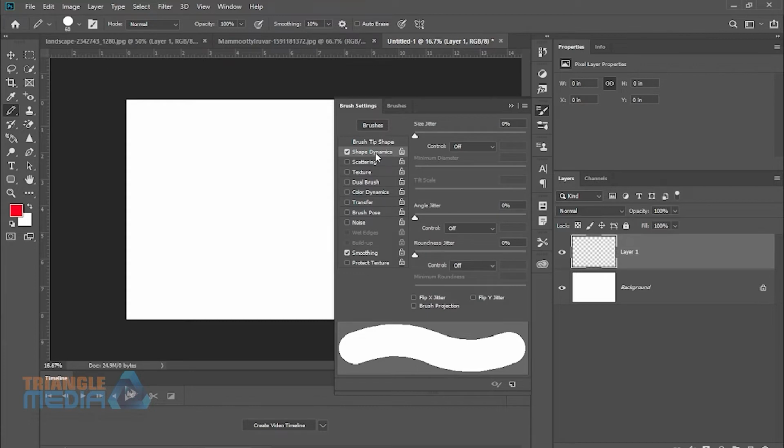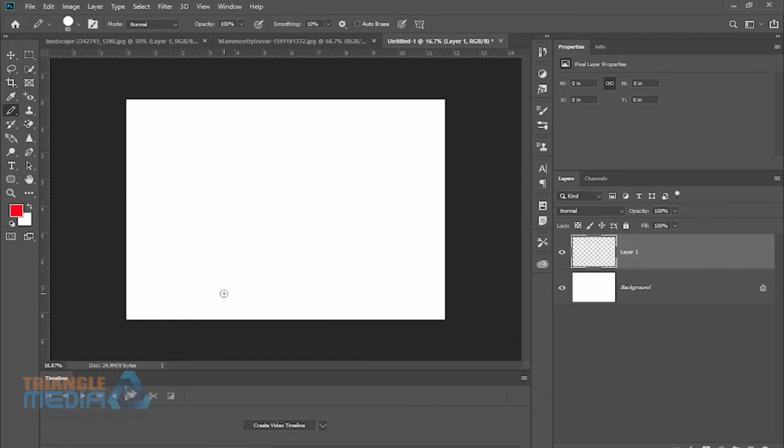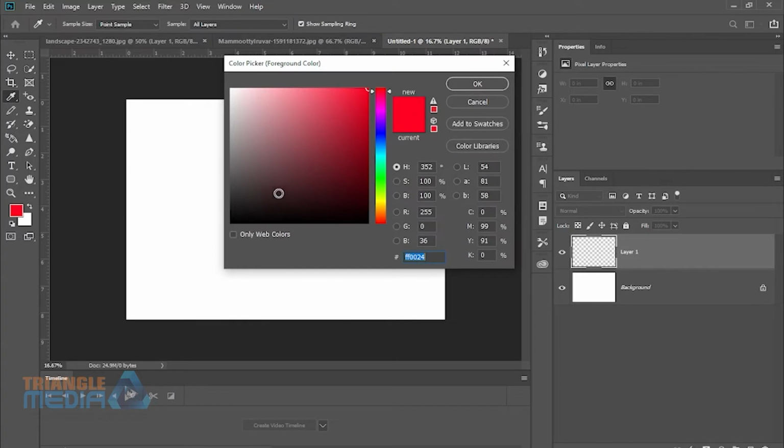If you click on Shape Dynamics, what will happen? There is a control option. There are 3 more controls, but we will select only the first control. The first control to be selected is Fade. So you can see the brush changed like this, and the fade amount I am giving is 350. Suppose this value is not to be memorized because the value can be changed. Okay, I'll close this and I will draw something like